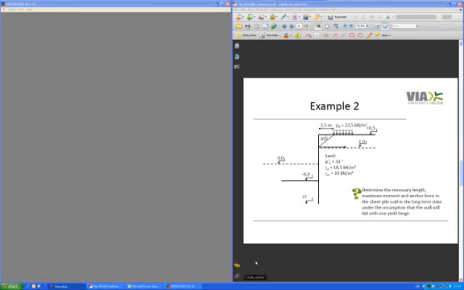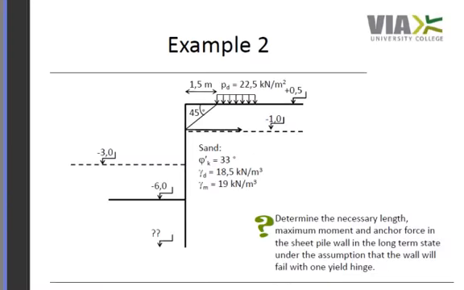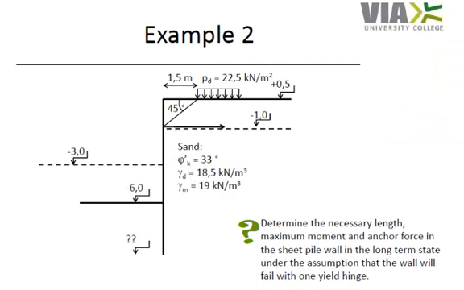This video will work through example 2. Example 2 is quite similar to example 1. The changes are that the water level on the front side is lowered to level -3 instead of -1 before,